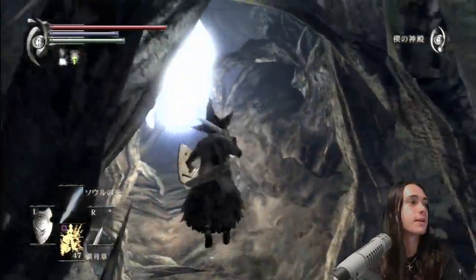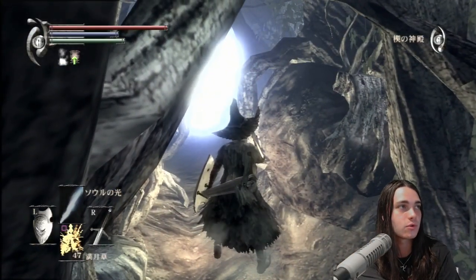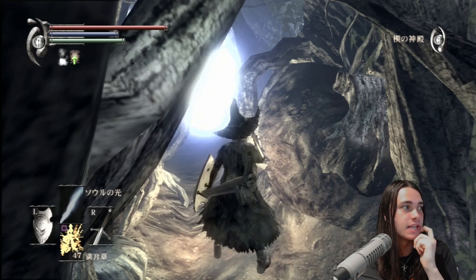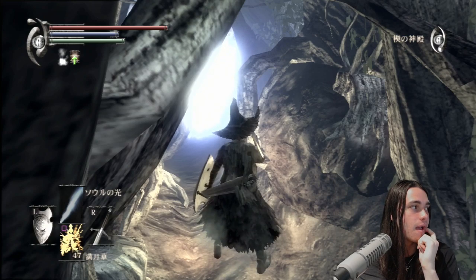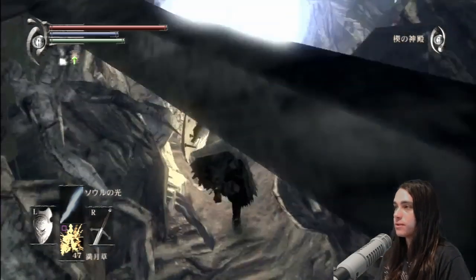Let me just double check that now. Because at the end, you have an option of either killing the Maiden in Black or leaving. I need to have a look and see how to get this one. Destroy, then kill the Maiden in Black to get the Beast Demon Soul. Yes, that's what I thought. So